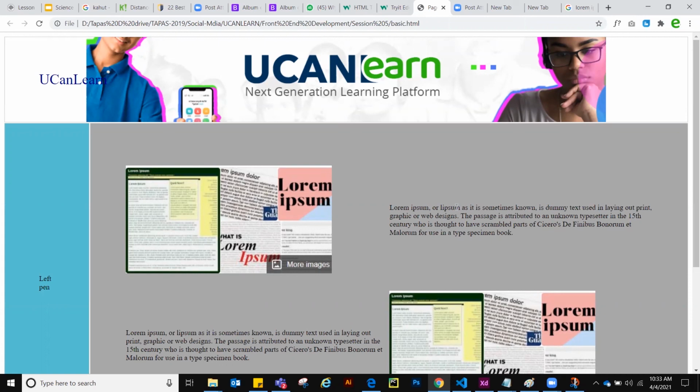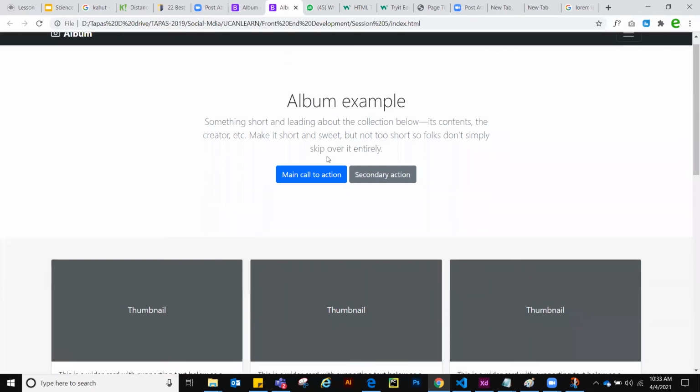Once this is done, next week we are going to convert this to div, which is the most important way of creating a page. We will not use table anymore, because table is not used for creating a page. We will use div. We will convert the same code into a div based structure, and then we will move to Bootstrap, which is a CSS framework.